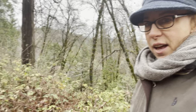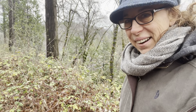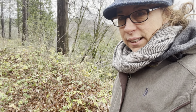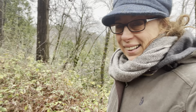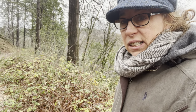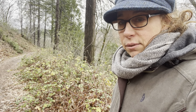Standing next to this epic bramble of Himalayan blackberry. It's early spring right now, so there's just a few green leaves starting to pop up, but in case you're a West Coaster of North America like I am, you'll find Himalayan blackberry is invasive all over the place. People often just rip it out and try to burn it, and it's really hard to get rid of because